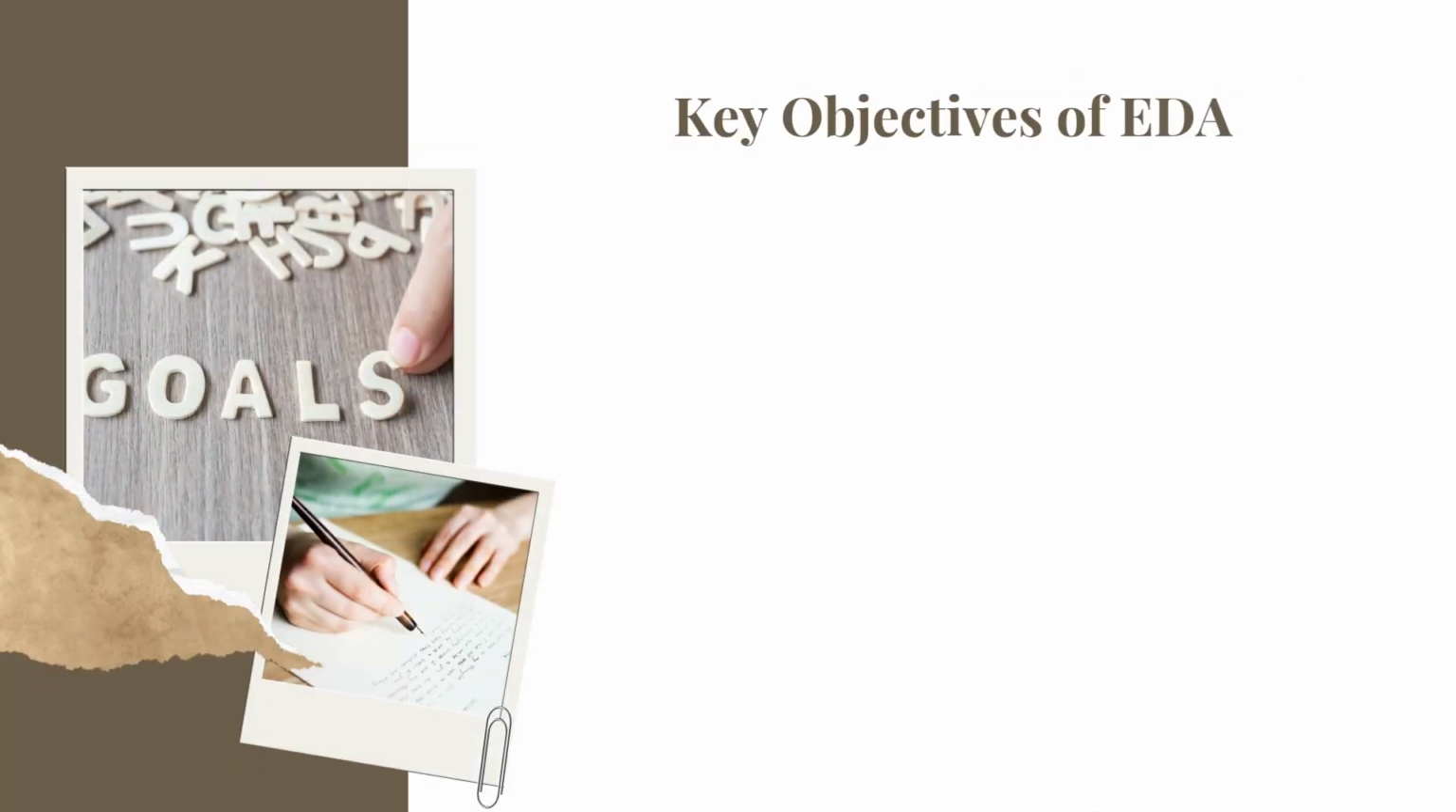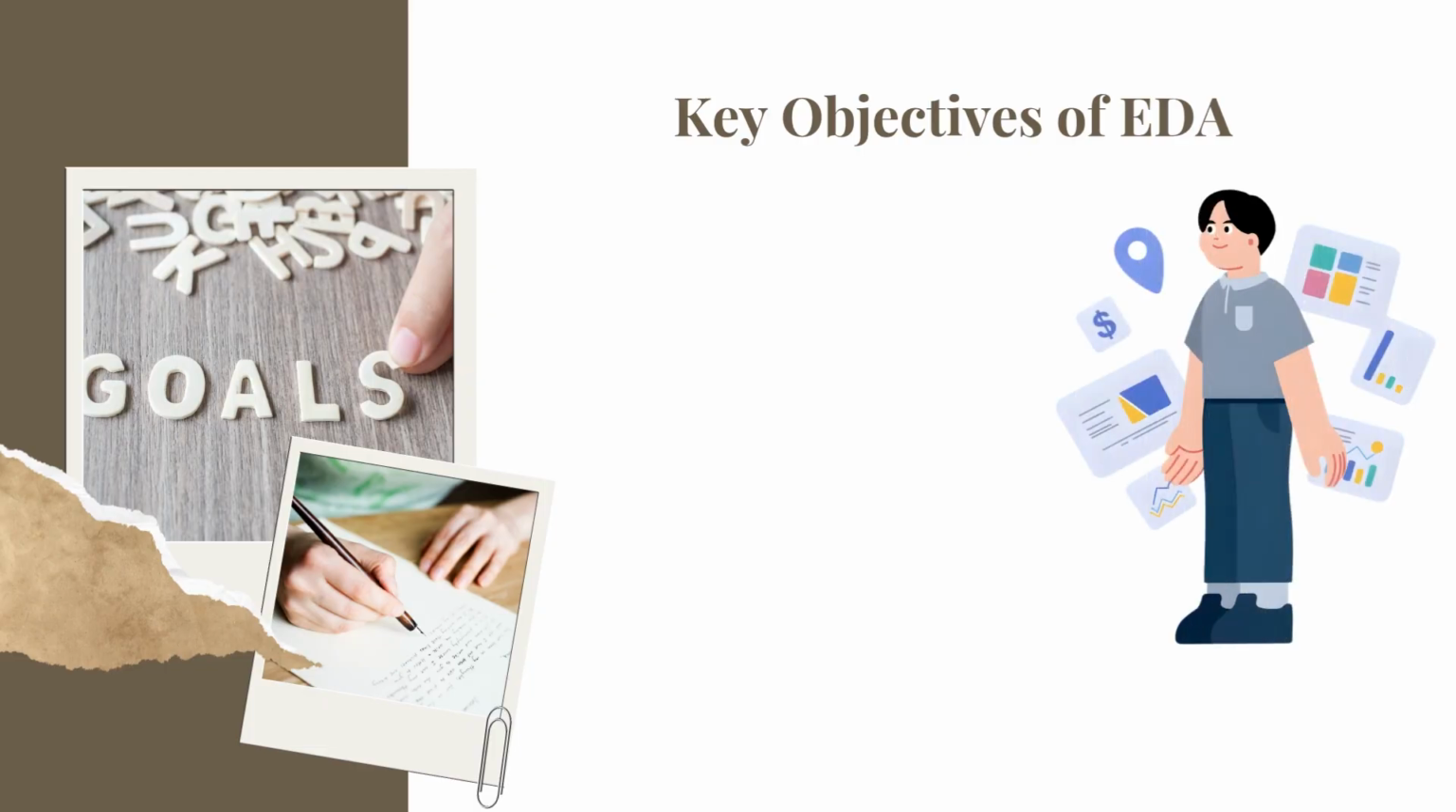Now let's understand what exactly we are trying to achieve when we perform EDA. EDA is not random analysis, it has clear objectives that guide our entire modeling process. So first, we understand the data structure. We need to understand how the data is organized, such as the number of rows where we have the